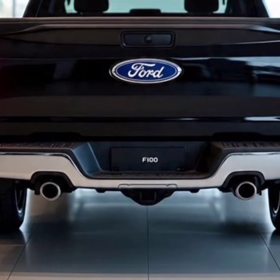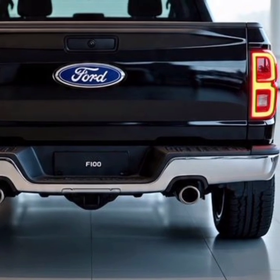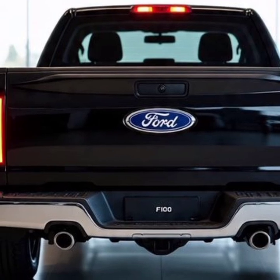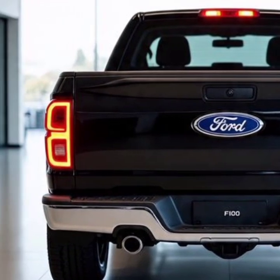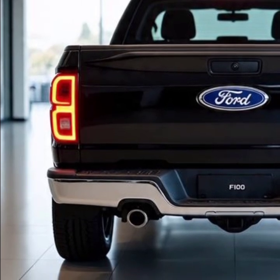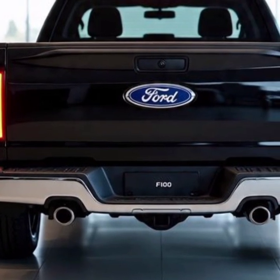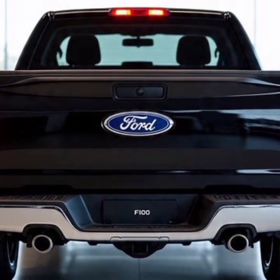The hybrid 3.5 liter V6, however, is the real star, delivering around 390 horsepower and a whopping 450 pound-feet of torque with instant electric boost from a 10.4 kilowatt-hour battery pack. It's mated to a 10-speed automatic that shifts quickly and intelligently, adapting to terrain and throttle input. The F-100 goes from 0 to 60 miles per hour in just under 6 seconds in the hybrid variant, impressive